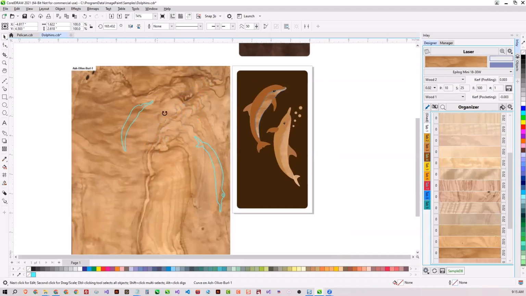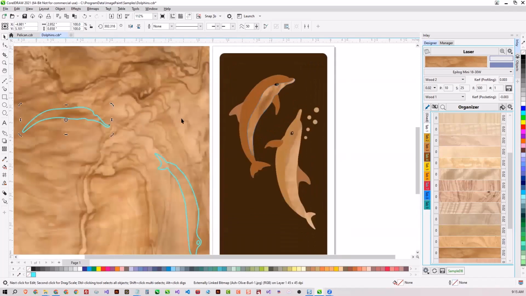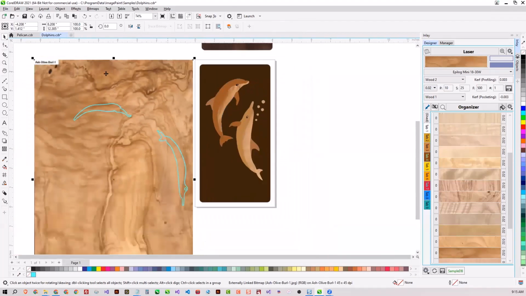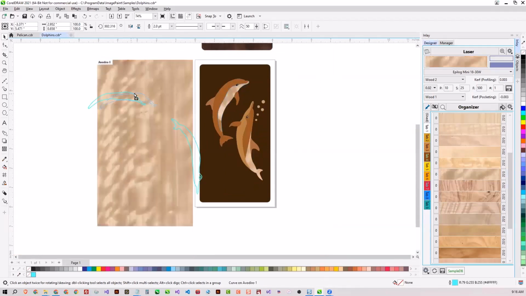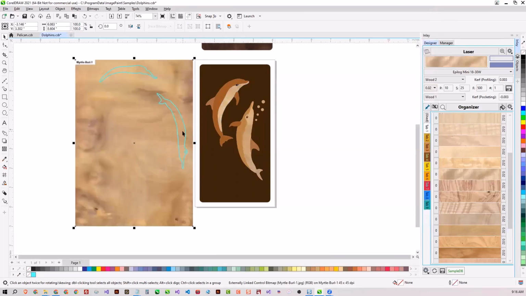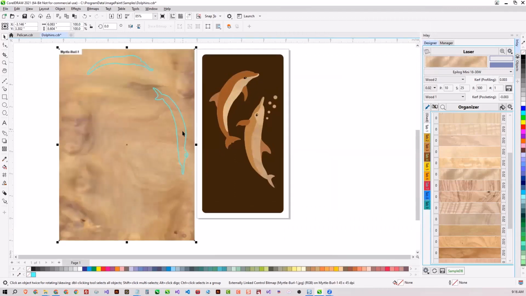Clipper path clips the image and places it onto the path in the design, which is called the master path. So we have the master path, we have the clipper path, and the image behind it is called the clipper image. You can also select the clipper image and replace it with another veneer as well. If I click that and click another image swatch, then the whole design will be updated to the new veneer that you have.